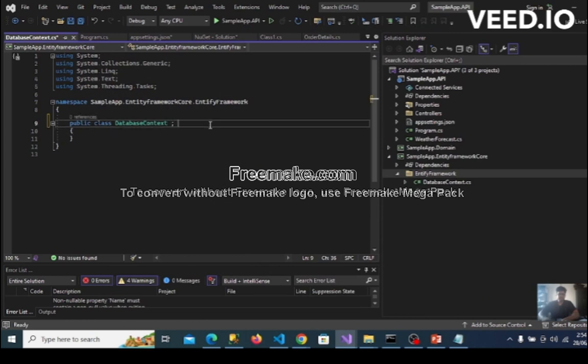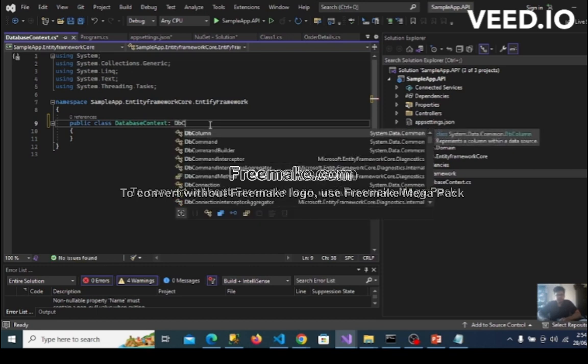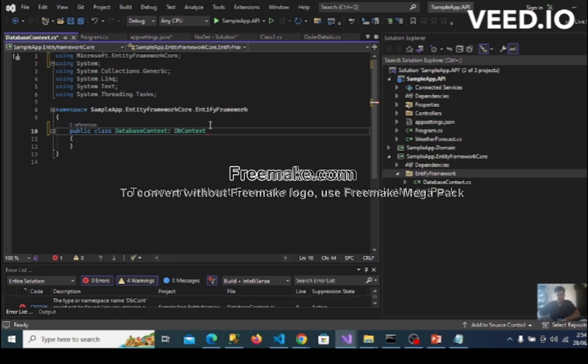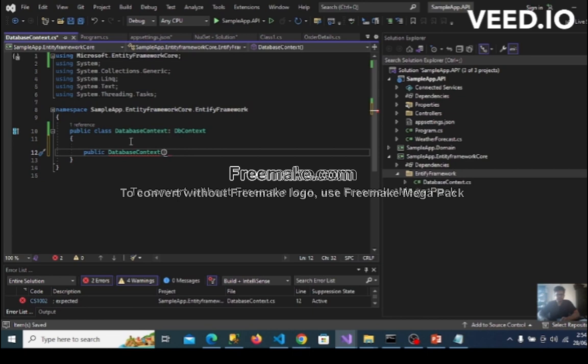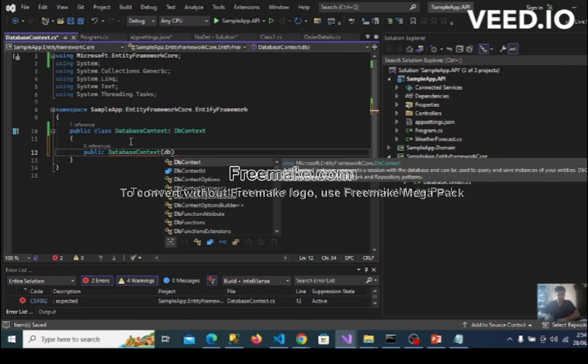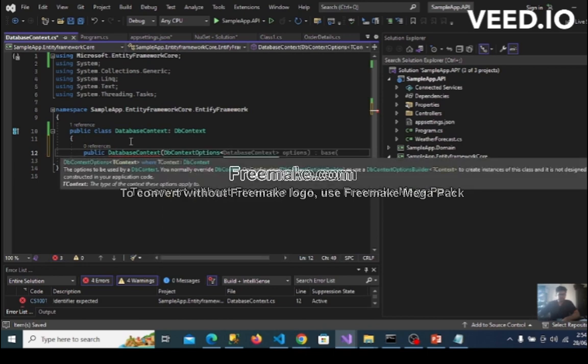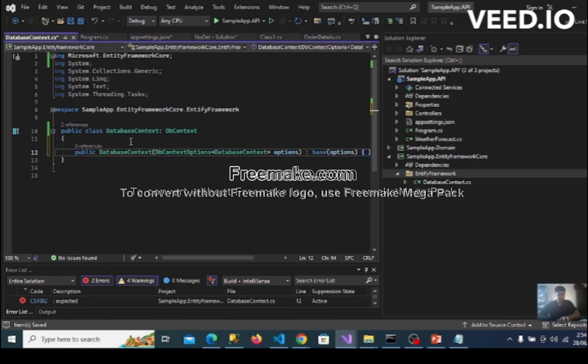and inheriting from DB context, entity framework core. Okay, now we need to create a constructor here, public constructor. Here we need to define database context options, DB context options of database options. Okay,